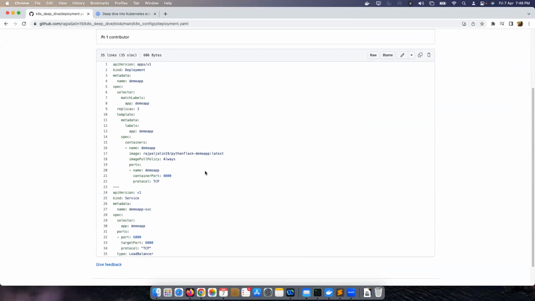For you to run any other application, you just need a deployment YAML. But I'm using a Flask application, which is basically a web service. So for a web service, I need a service as well. So I needed two YAMLs, but I consolidated everything in one YAML. Essentially, you can break this in two as well, one for service and one for deployment.